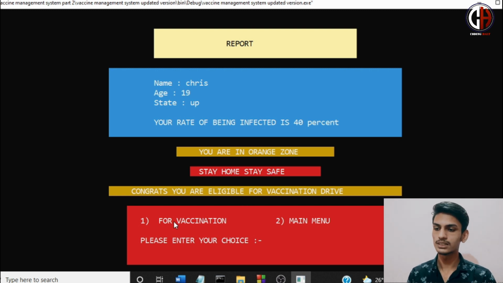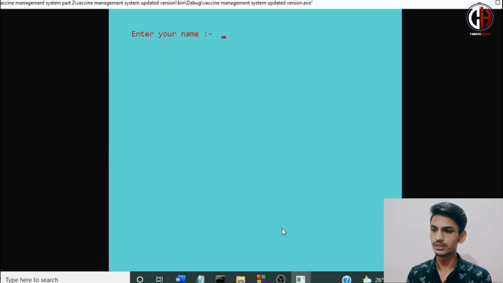So it is showing me the vaccination option: for vaccination you can press the first option, and for redirecting to the main menu you can press option 2. So again I'm pressing option 1, and I'm showing you one thing.